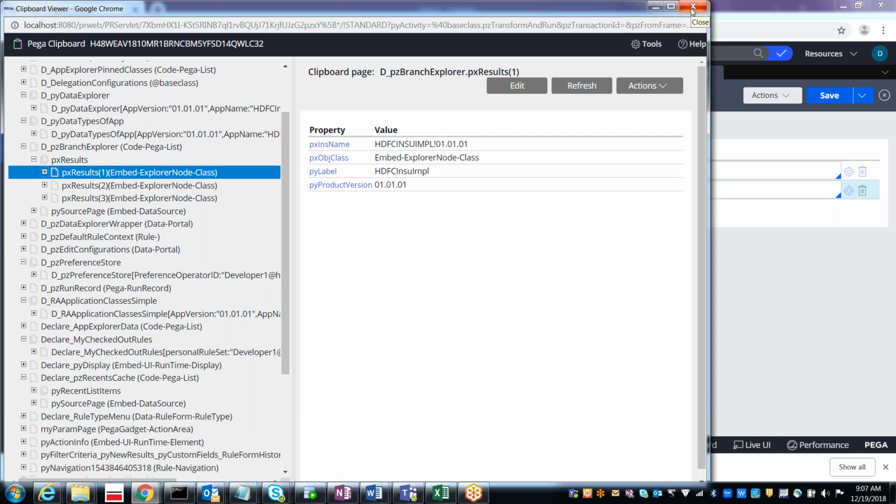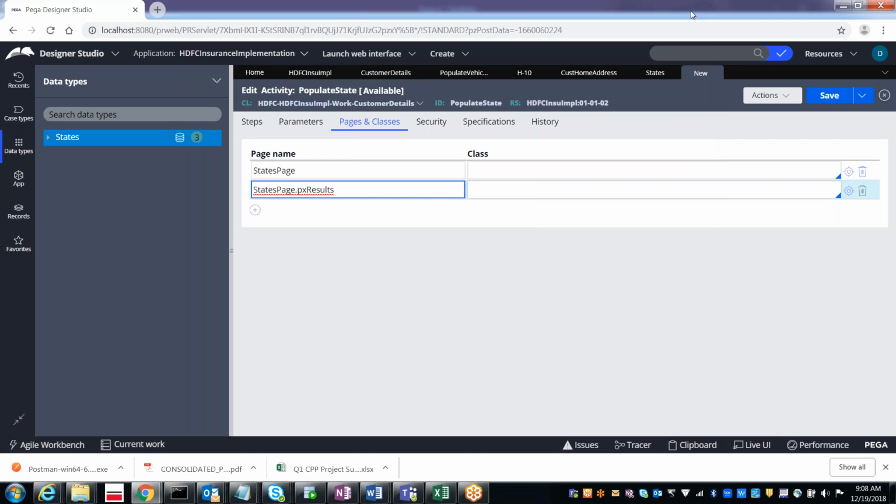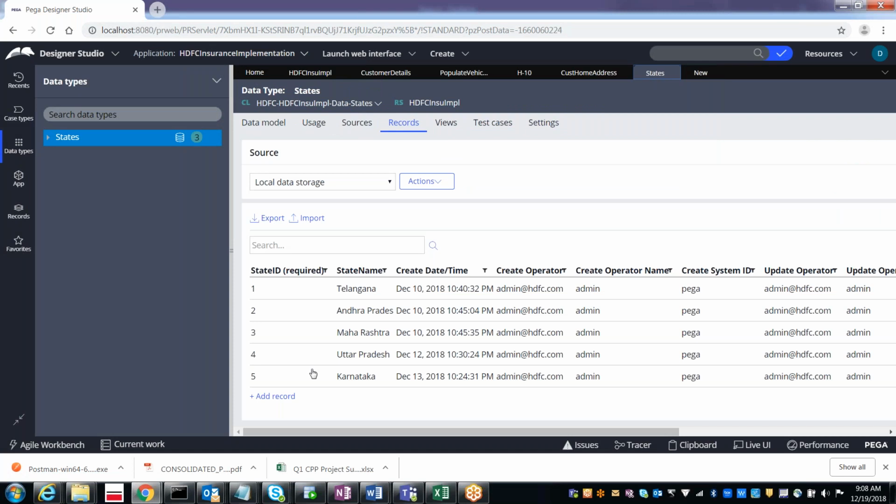Now why do we need to go for the page list property? Why not the page property? Because we have more than one record. Here one state is equal to one record, so this is all one record, which means it is one page. For Andhra Pradesh, one more record, so the second page. For Maharashtra, one more page, the third record.